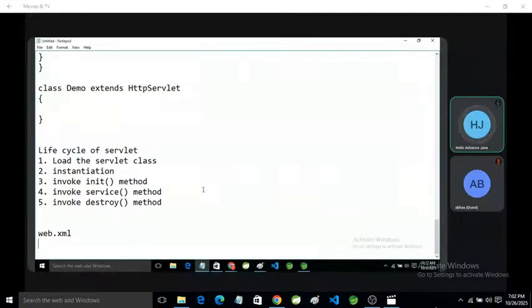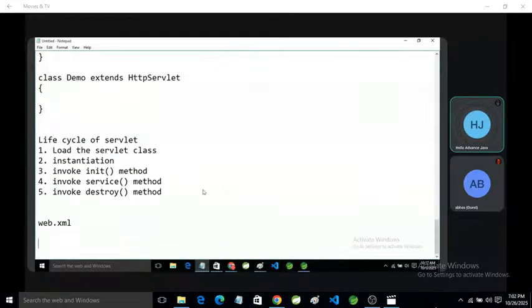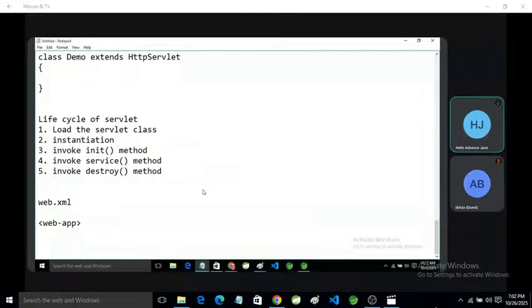Okay, so we also use some new tags in the web.xml file. The root tag is web-app. Web-app is the root tag of web.xml, so it has a starting and ending tag.